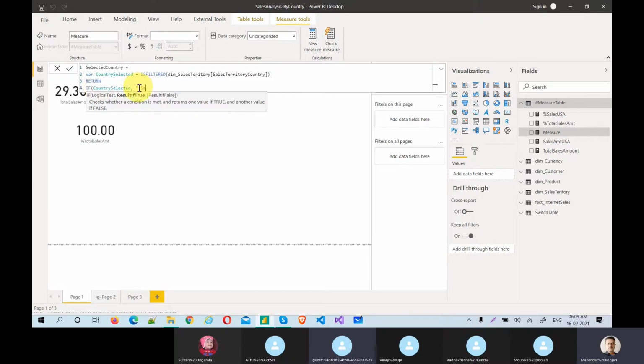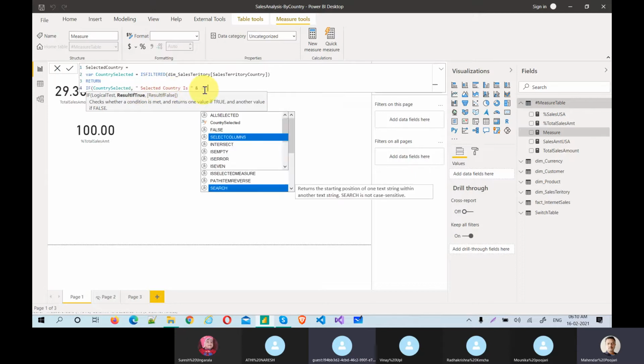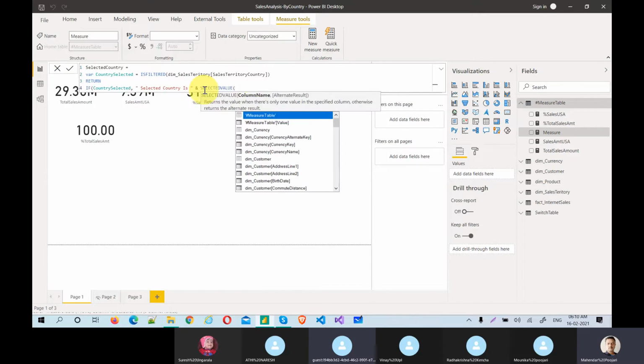When it becomes a red color under quotation, it's a text, user defined text, like hello world. Okay, "Selected country is", something like that. You will understand why I'm writing this. Apart from this, I want something else. Not only this, the selected country is the selected value. This is one of the most important things, guys. Just observe closely. The selected value is what? The country.